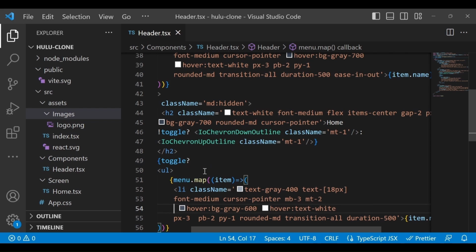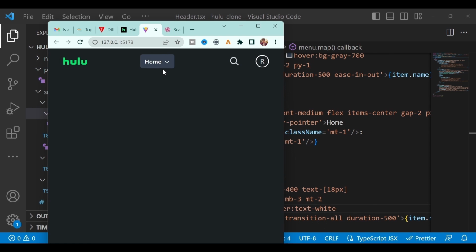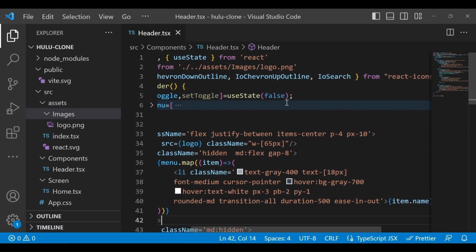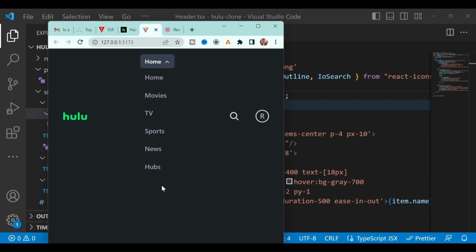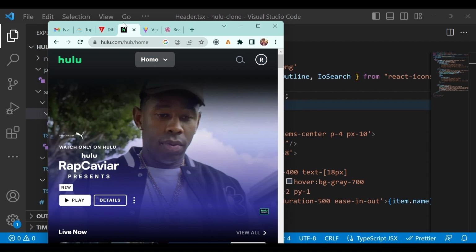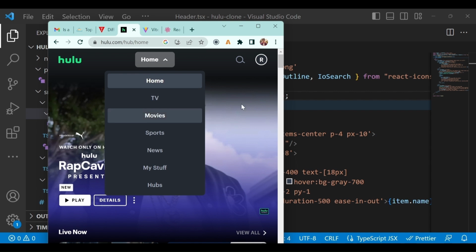The main thing, if I save it and go back here, you don't see anything because right now this value is false. Let's set it to true, and now you're able to see this, right? Now the main thing is you have to make it appear above these other things.